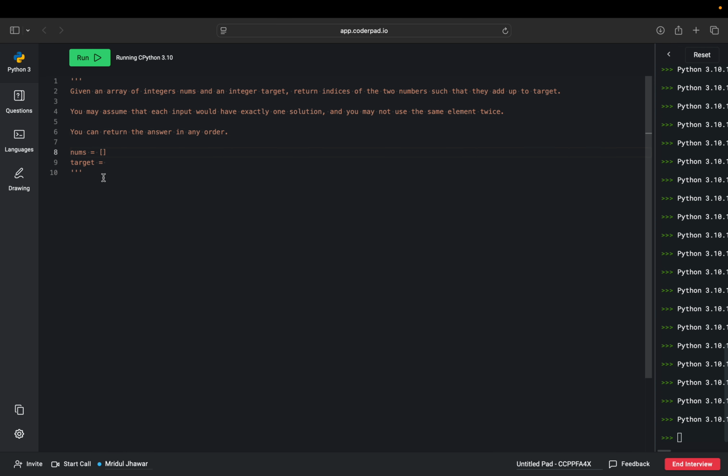Okay. So suppose I have 2, 7, 2, 6, 7, 11, and 5. This is my array and my target is, let's say, 18. And we see that here at index 2 and 3, output would be. So first question would be